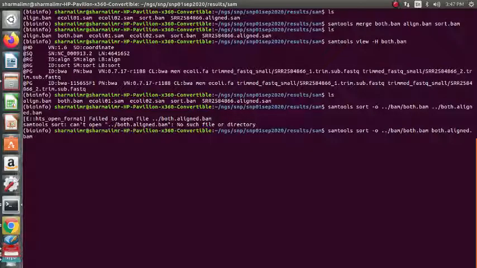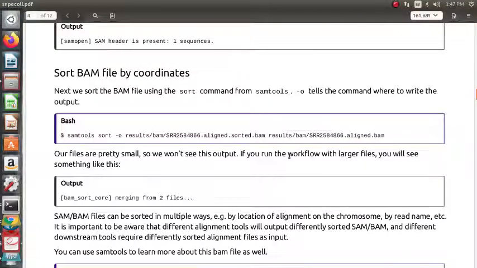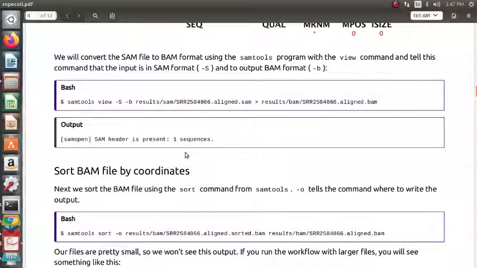This should be aligned. We can better give it this. It's here itself, no problem. This is the output we want, and this is the align.sorted, right? Align.bam. First we do this command, then